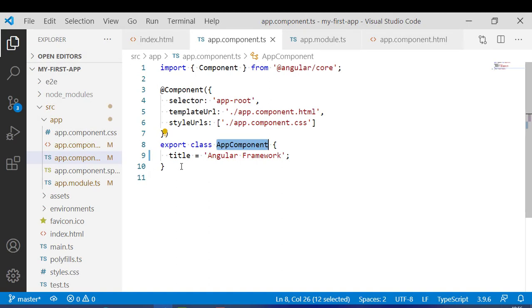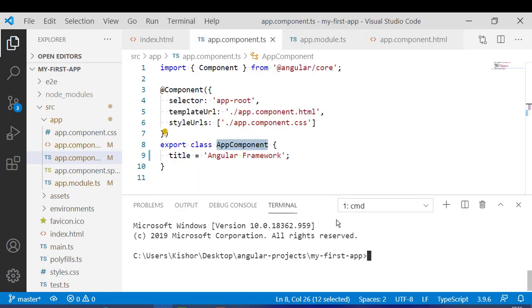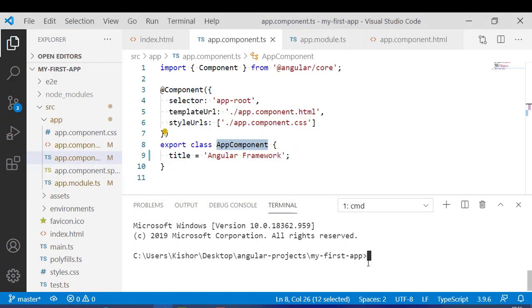Okay, so first we will open the terminal. So let us go to this terminal and open a new terminal. I have a terminal here, and we have another terminal which is listening to 4200, meaning the npm start command is entered in this terminal, and the server is listening to 4200 to host the Angular application. So what you can do is you can leave this terminal as it is, let it be running in 4200. Let's not close this terminal, and in the new terminal we will enter the command which will generate the component